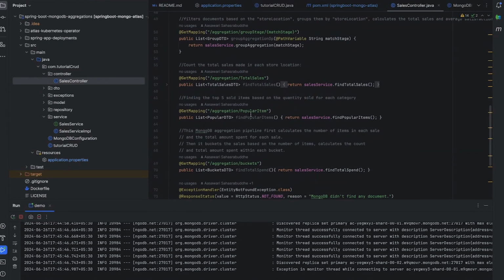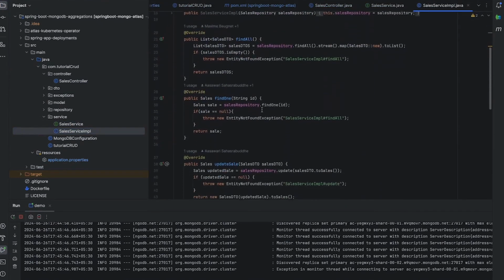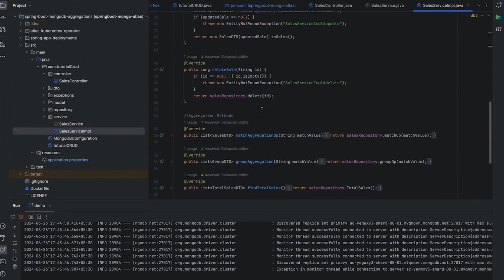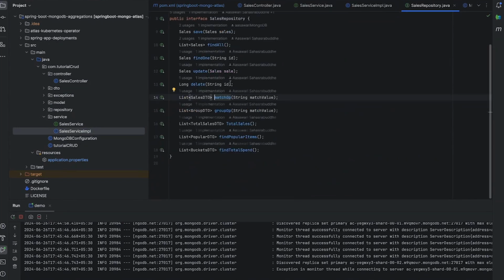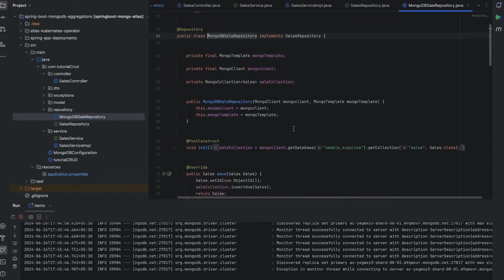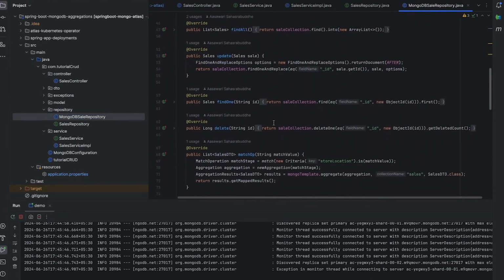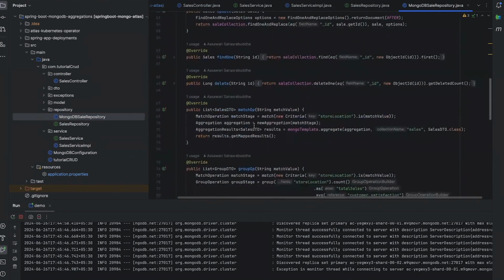Now, let's go back to the sales service and sales service implementation. This is where we have written all of the code for the aggregation queries. So let's go back to the MongoDB sale repository class. This is the first aggregation query, which says match the store location given the specified match value.